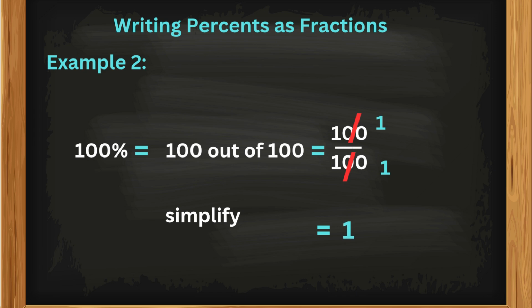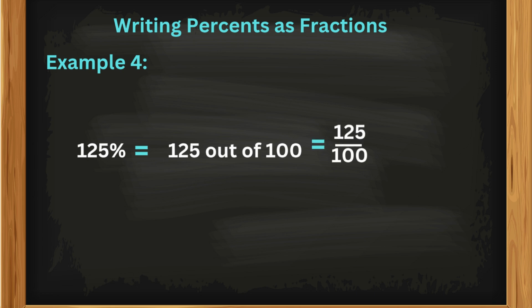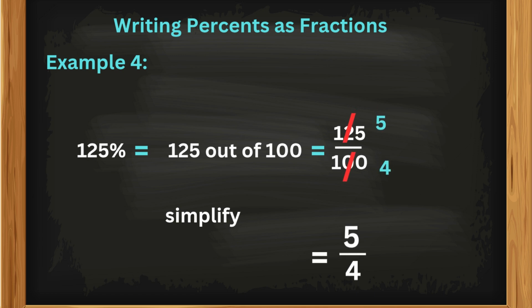Example 4, 125%. 125% equals 125 divided by 100. Let's simplify. Divide by 25. 125% equals 5 quarters, which is also a mixed number,